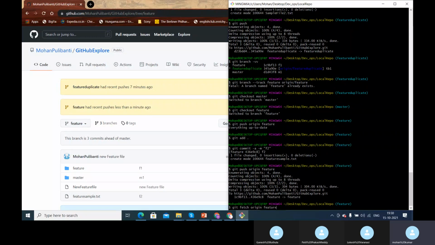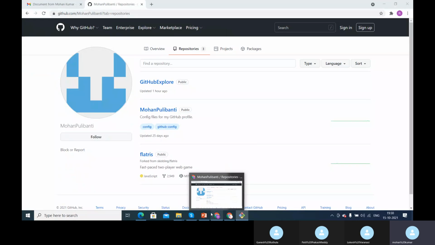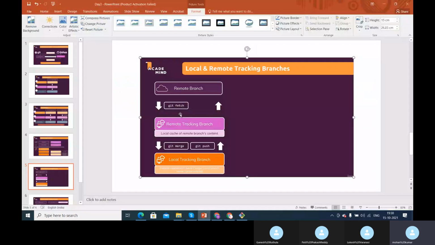What happens when I do this? Git fetch origin feature will get the data from the remote repository to the local.